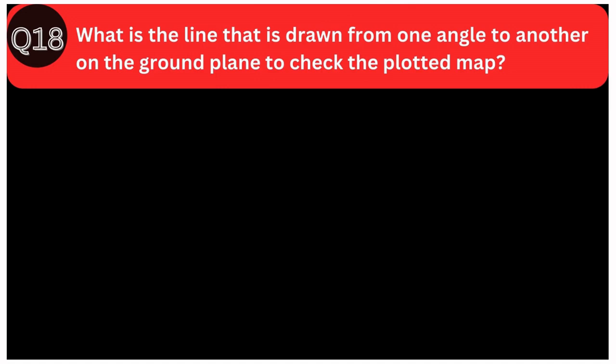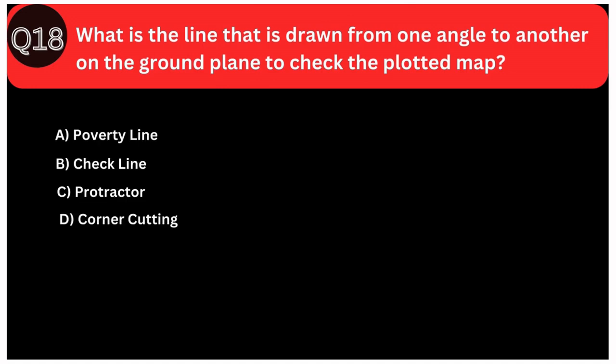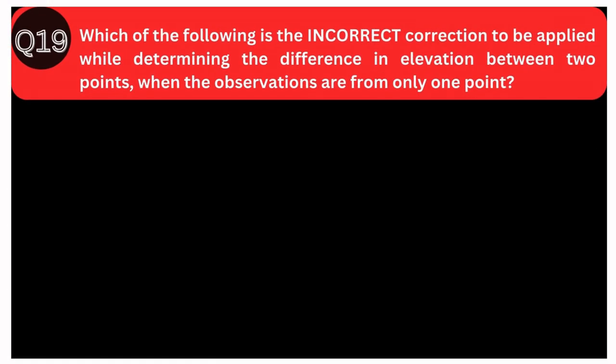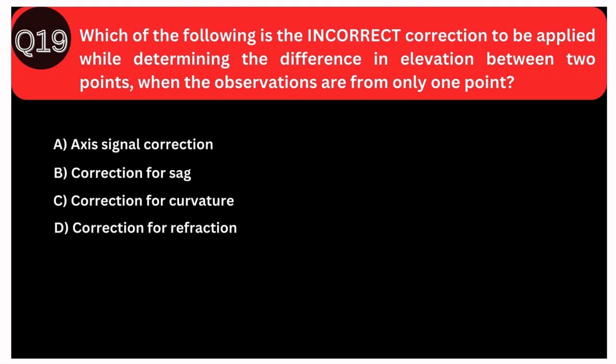What is the line that is drawn from one angle to another on the ground plane to check the plotted map? Option A, poverty line. B, check line. C, protractor. D, corner cutting. Answer B, check line. Which of the following is the incorrect correction to be applied while determining the difference in